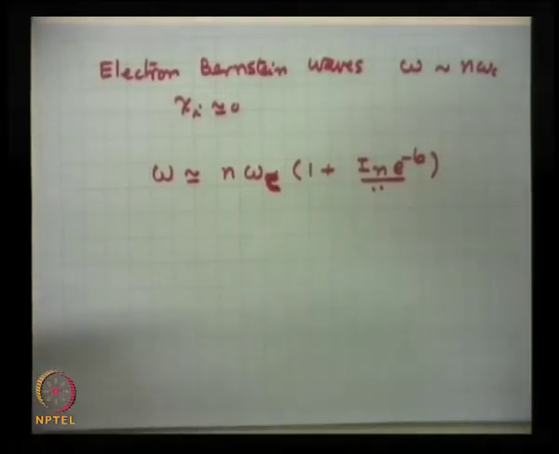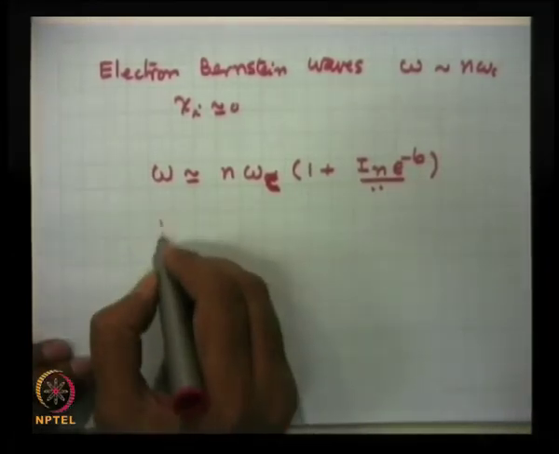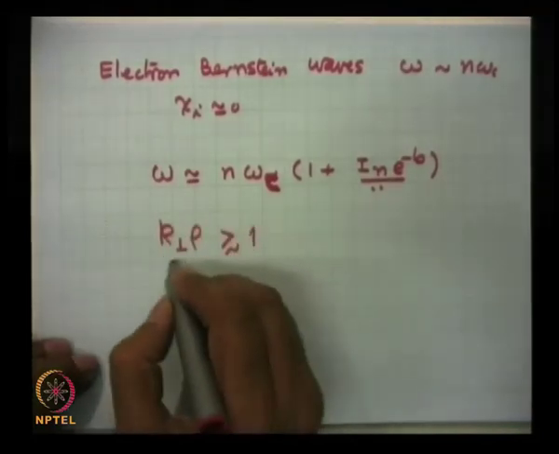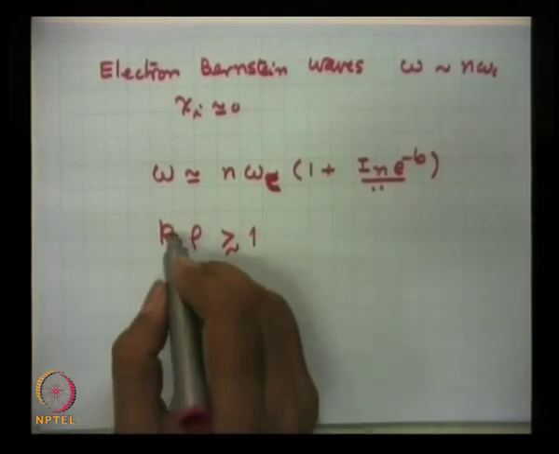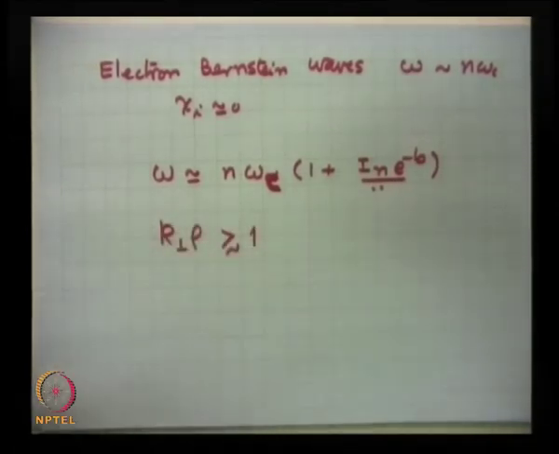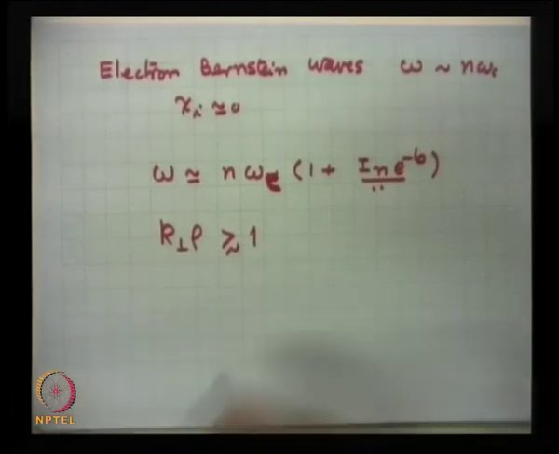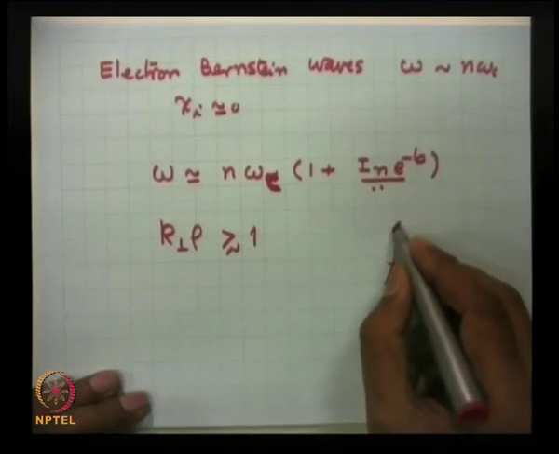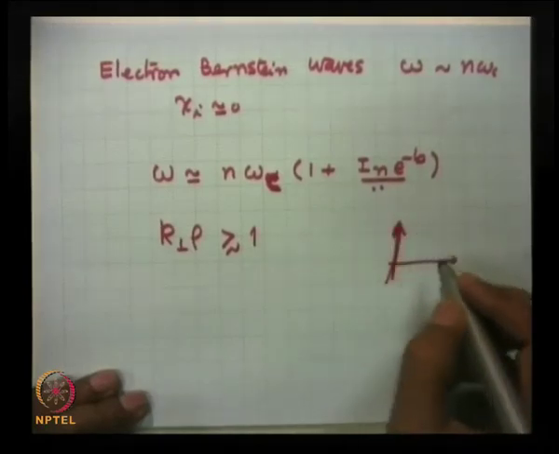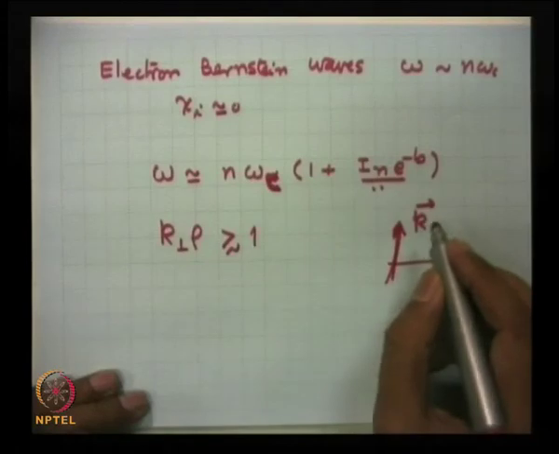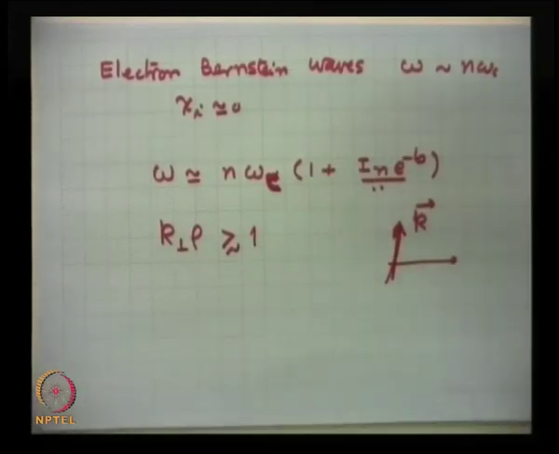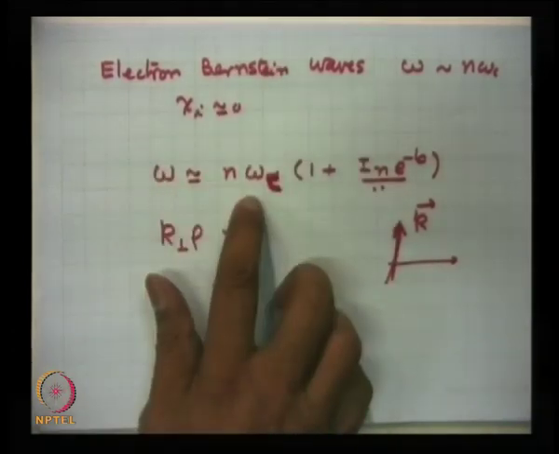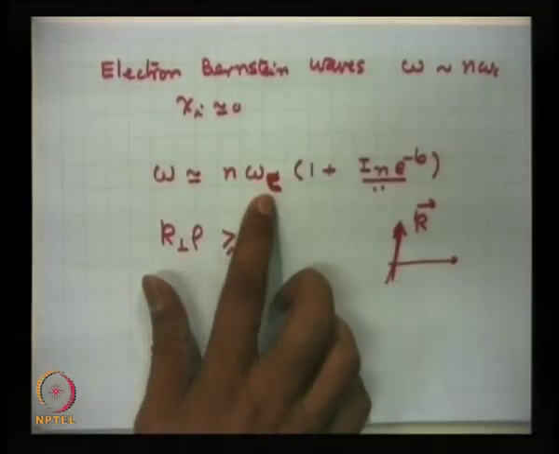You get a very special category of modes with k perp rho greater than or of the order of unity, very short wavelength or large k perp modes. These modes propagate primarily perpendicular to the line of force. If the magnetic field is here, these waves travel like this, almost perpendicular. And similarly, magnetized plasmas offer ion Bernstein waves of frequencies close to multiples of the ion cyclotron frequency.